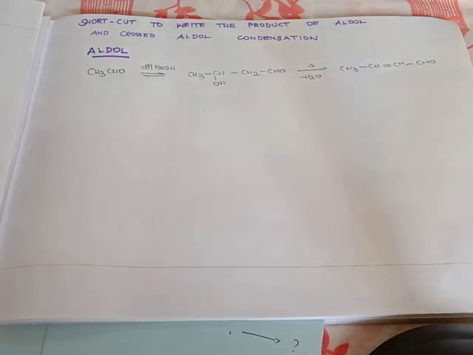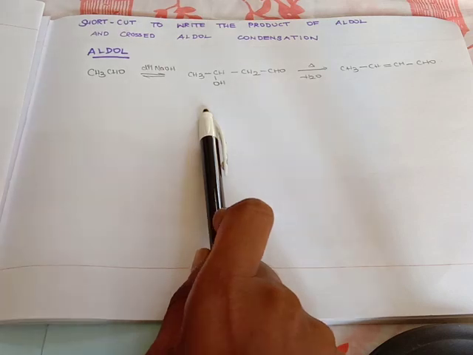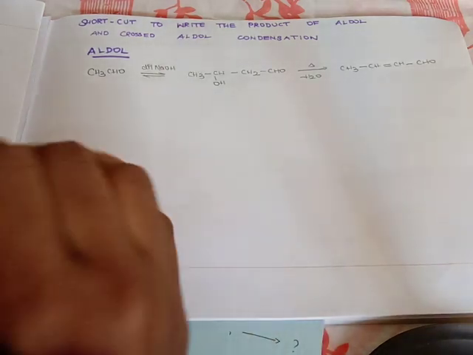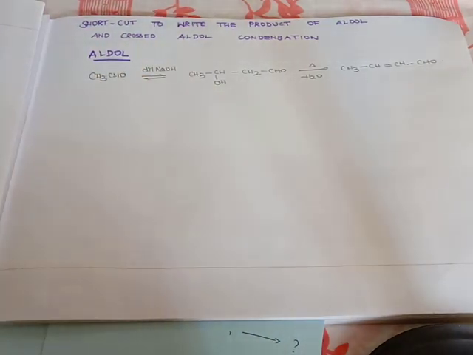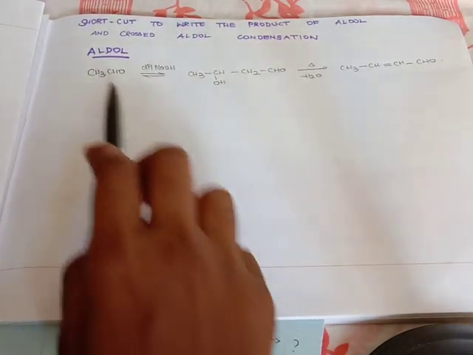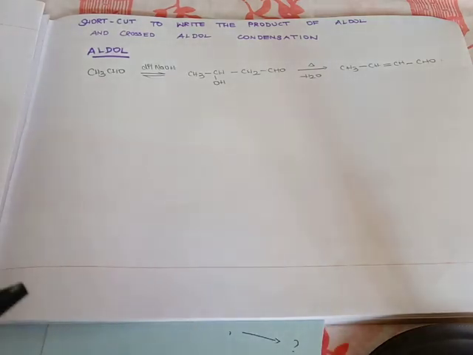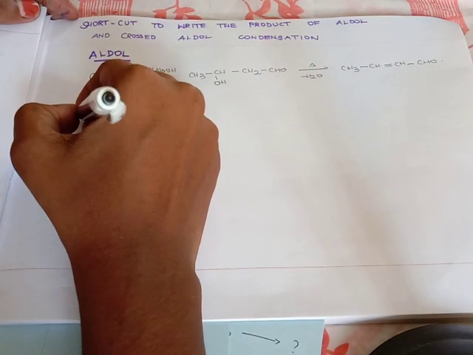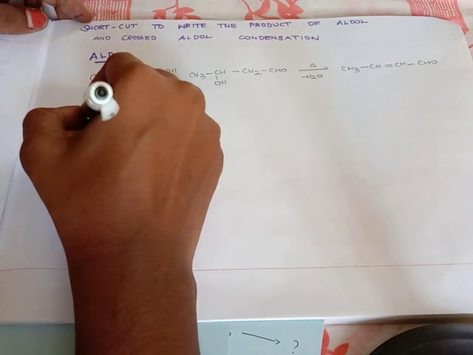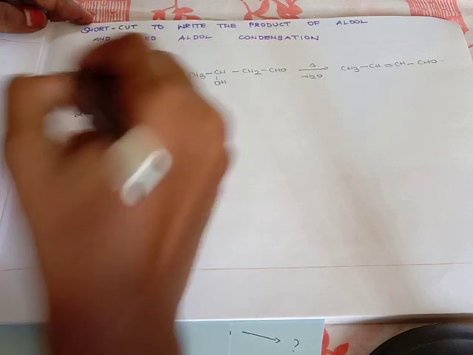Now I am going to reveal a shortcut which will help you to do it in a minute. Within a minute you can write the products. In competitive examination, they'll give you a question like this and tell you to find out the products of that. So I am going to reveal the shortcut and let's see an example so that I can teach you the shortcut. Two molecules of CH3CHO.